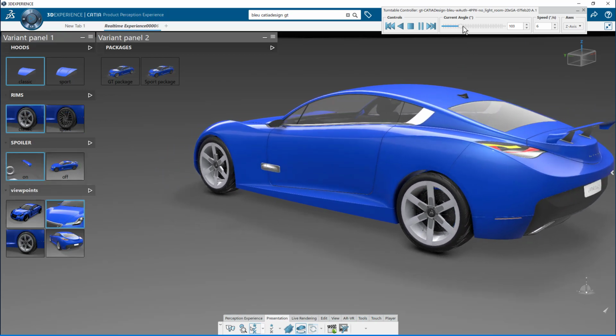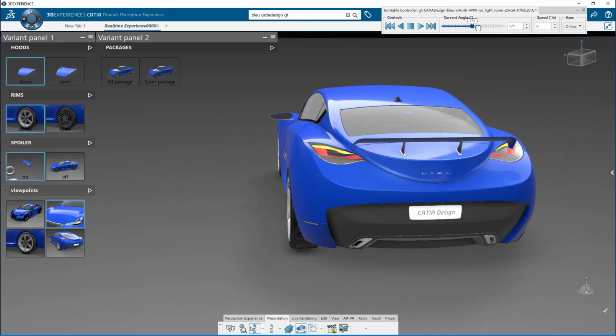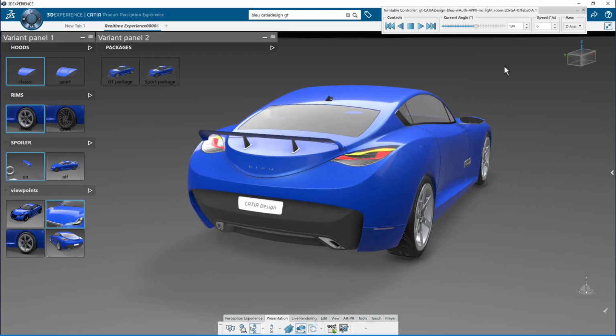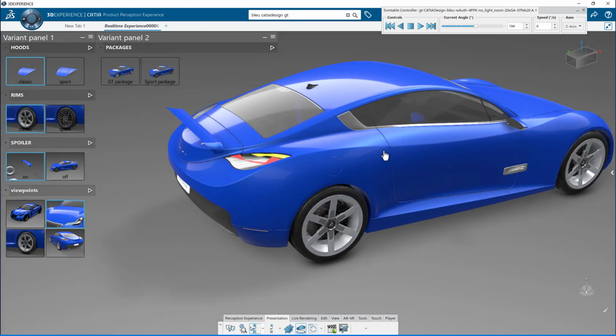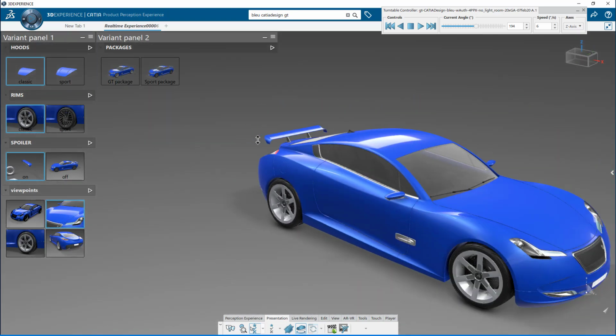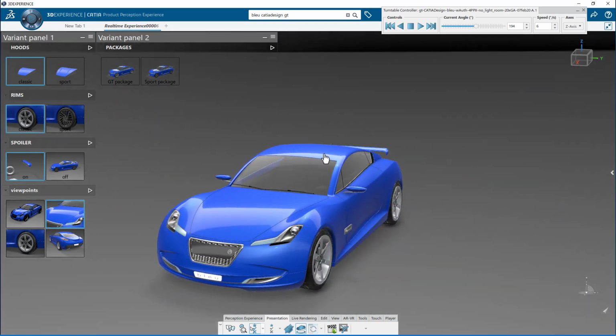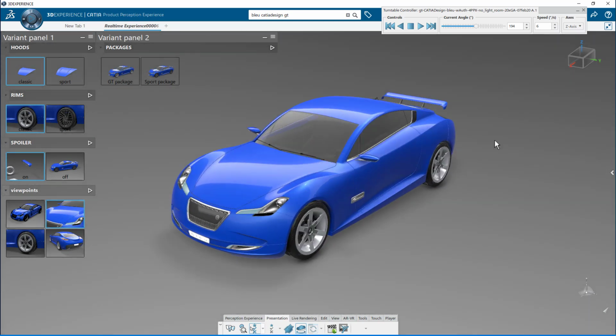I can also at any time grab the slider and move to a given viewpoint. And always at any time take over by freely navigating with the usual CATIA navigation interaction. So that's for the turntable.